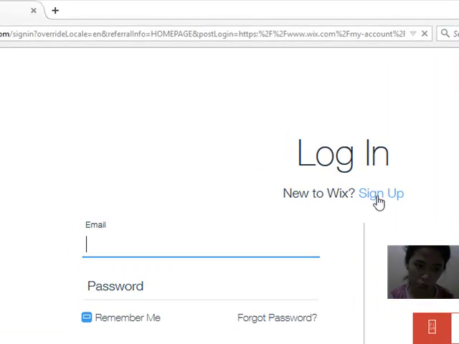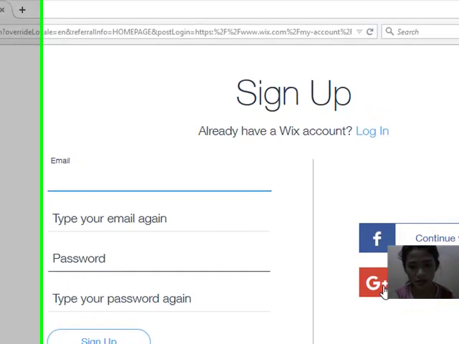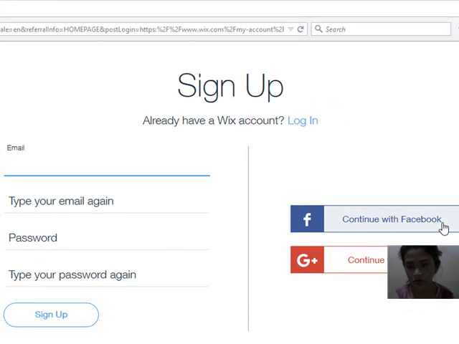Click sign up. But if you already have an account, you can choose continue with Facebook or continue with Google, or type your email and password here. See here, continue with Facebook, and here I continue with Google.